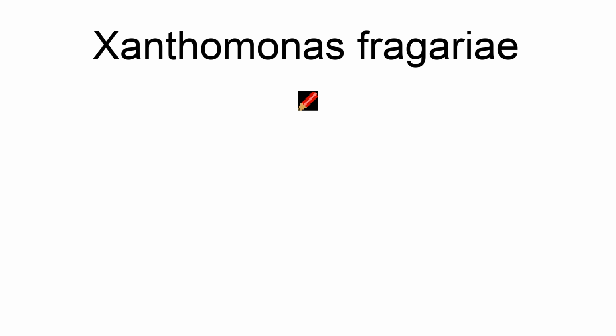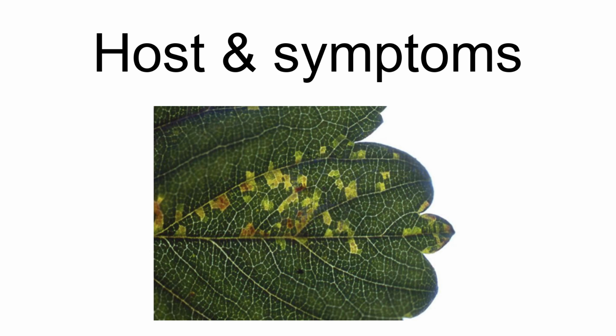Xanthomonas fragariae is a species of proteobacteria. It is a leaf spot disease found in strawberries, Fragaria species. Infection caused by the angular leaf spot pathogen first appears as water-soaked lesions found on the lower surface of strawberry